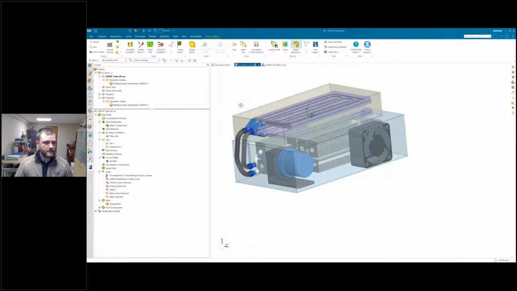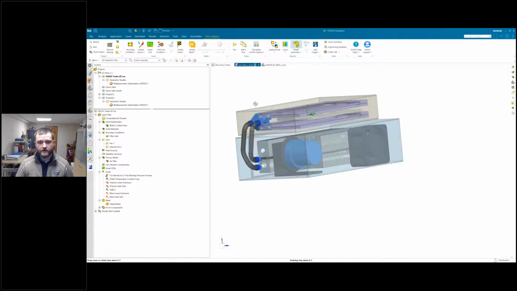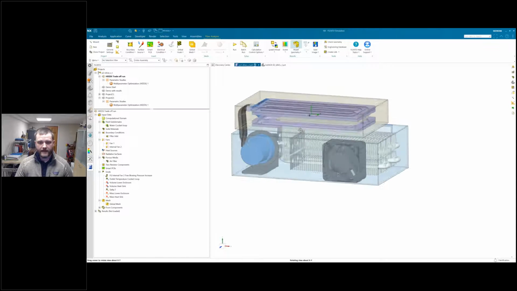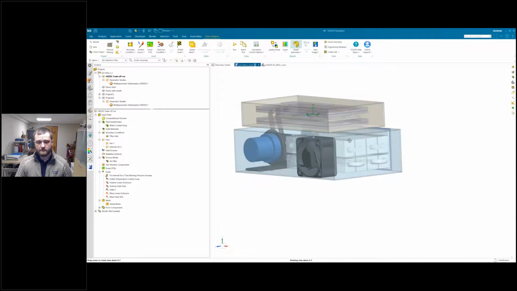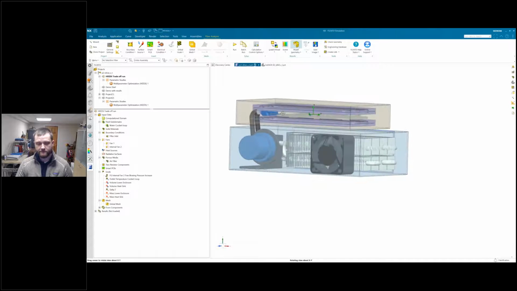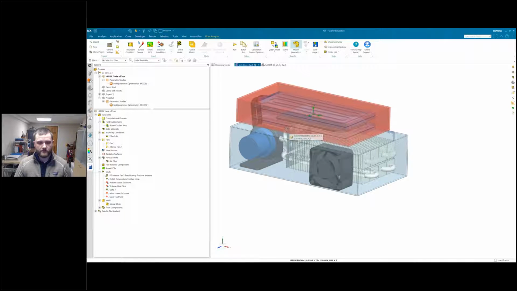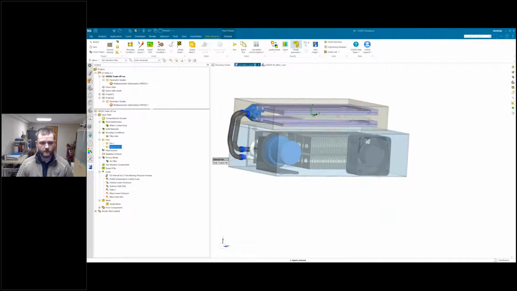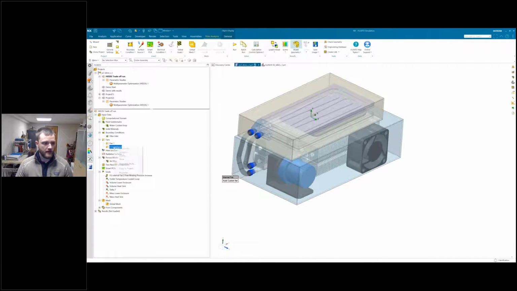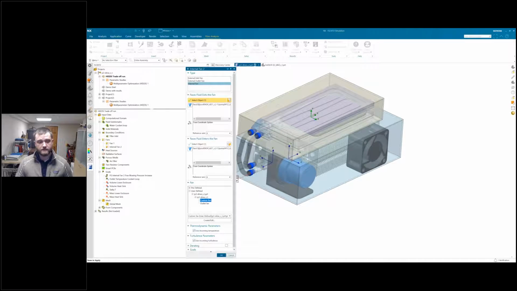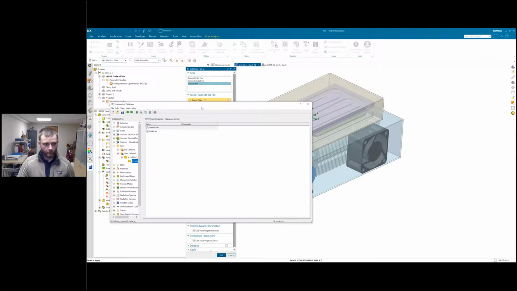So we have that fluid subdomain. We also have our fans that are predefined. In FlowEFD, you don't have to set up some crazy boundary conditions to try to define a fan. There are tons of fan models within the database. So in here, we can just look at our fan 1, which is for our air fan, and then we have an internal fan, which is for a pump. And we can, like I said, grab something from the already defined database, or we can input a custom curve. We can just show how to edit that real quick.